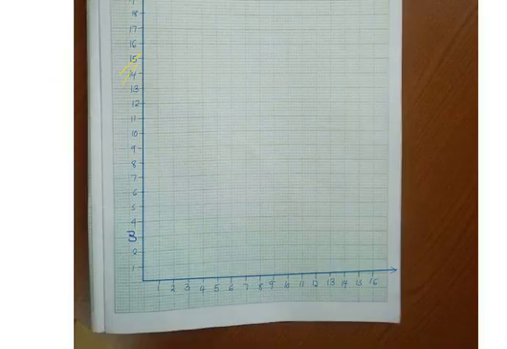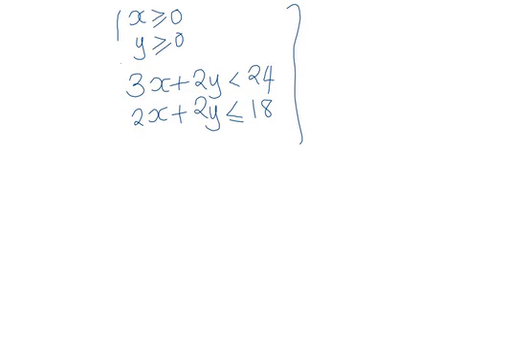So this is the part which we do not require for the y-axis. Again, on the x-axis, we are told that x must be greater than or equal to 0. So we don't require the negative side of x and y. Now we have to plot these two inequalities, and the first one can be simplified as